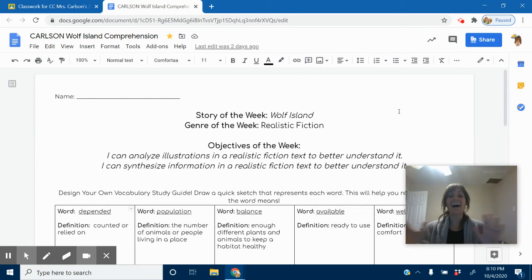Hey friends, we have a new activity this week, and we tried this out for a couple of weeks in class, and I think it really helped. It really helped us remember our vocabulary words, and it helped us talk about our genre and our objectives a little bit more. So you will have a Google Doc here,